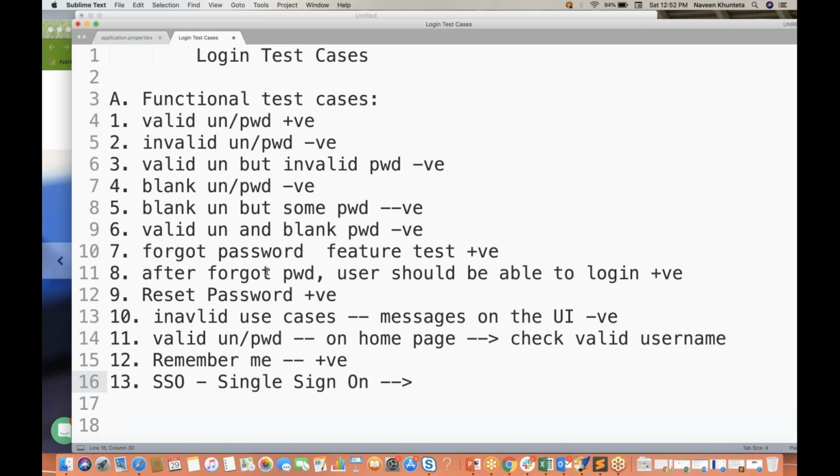So if single sign-on is activated, then you should also check it. So single sign-on is also there. What else? So this is again your positive test case, right? Other than that, check